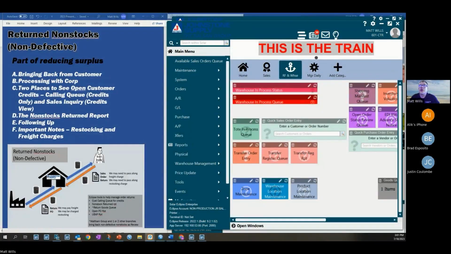The topic this afternoon is return non-stock products. And here we're talking about non-stocks that have come back from customers, and they're not damaged, they're not defective. We just need to take care of the customer and then, in most cases, get the product back to the DC or to the vendor so that it doesn't become part of surplus,